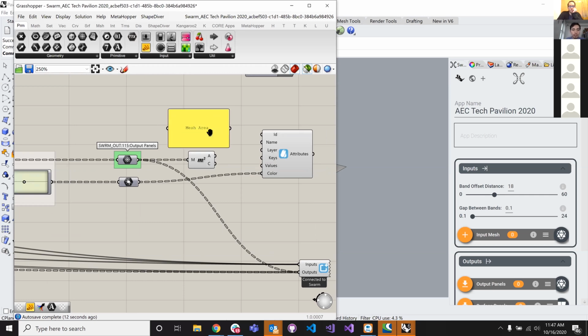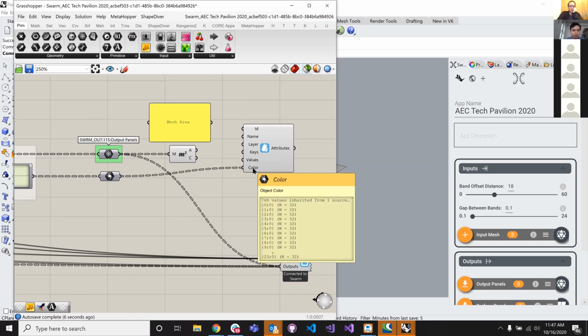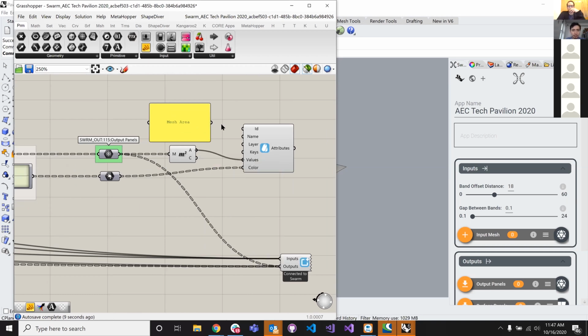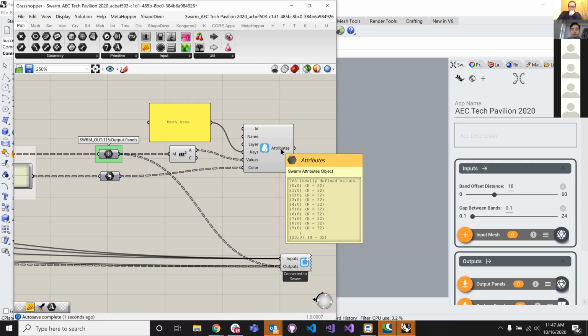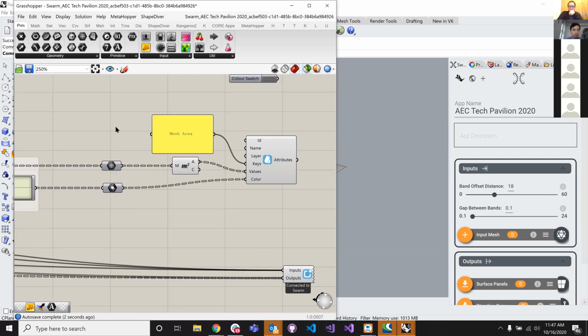All right. And so let's just check the tree structure really quick. So, okay, they should be matching. So we feed the values, we feed our key. So we have the same number of attributes as we have the actual geometry. So what I'm going to do now is I'm going to disconnect this from the output. And I'm going to